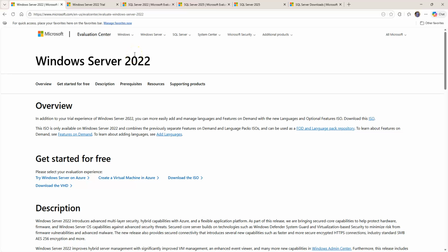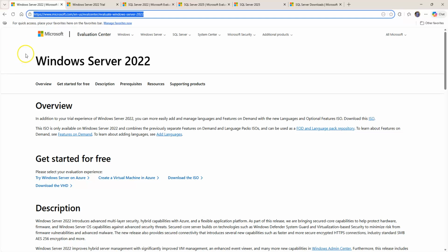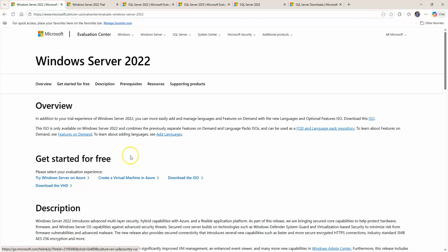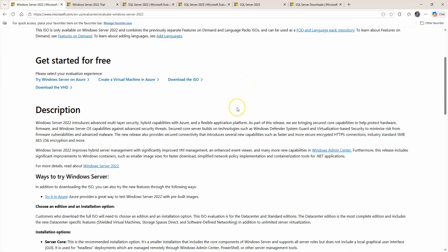It's up to you. You can download the latest Windows Server 2025 as well. But for this video, I am using Windows Server 2022. So from evaluation centers, Microsoft Evaluation Center, you can download the Windows Server 2022. I will share these links in the description box. From here, you can download the ISO image. It's free for 180 days because it's evaluation period, and after that, you have to get the license to work